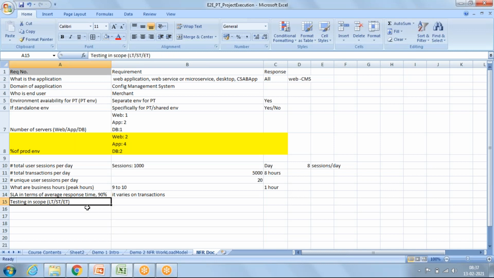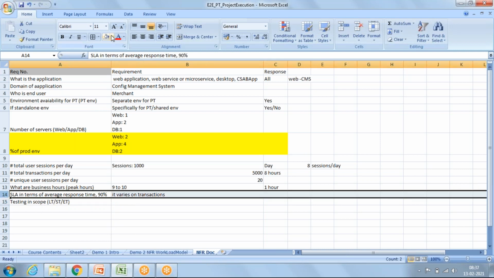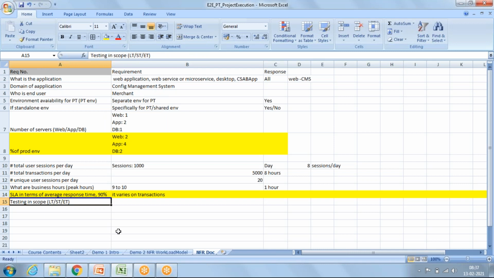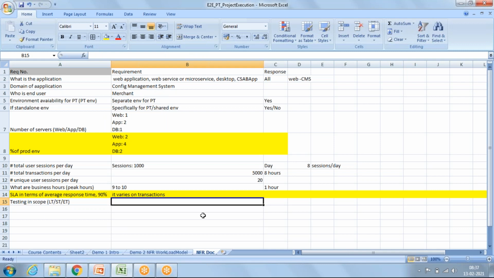Okay. So, testing in scope. Once we have this information, let me highlight SLA also. Actually, for testers or test leads, it is a question, but for the manager, it is an answer.